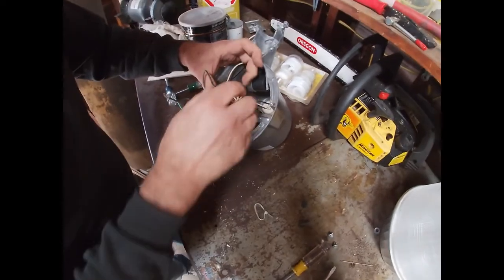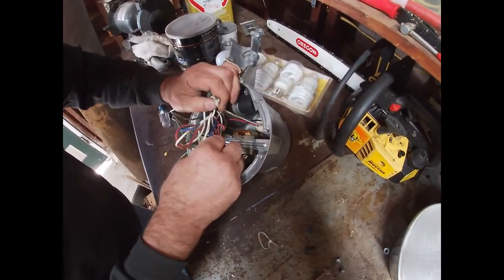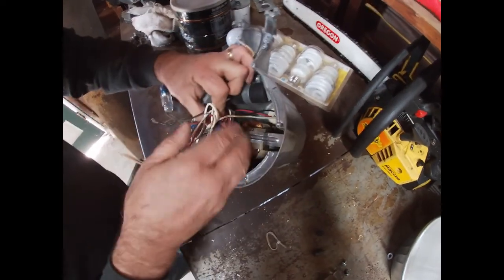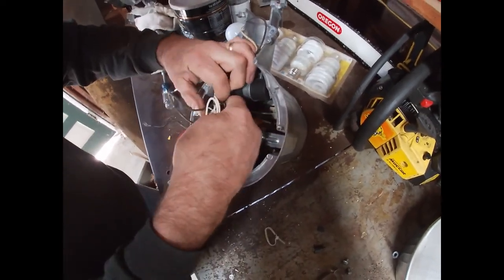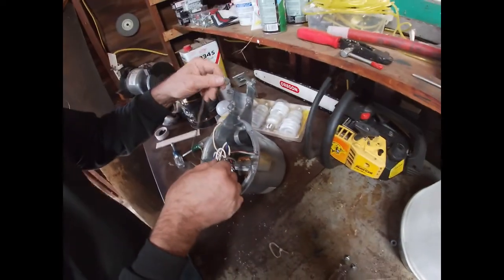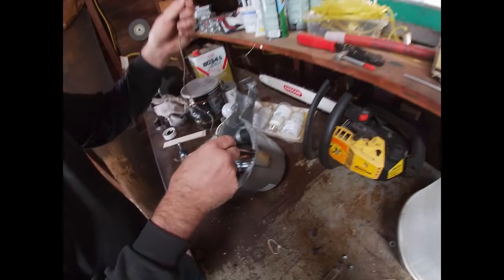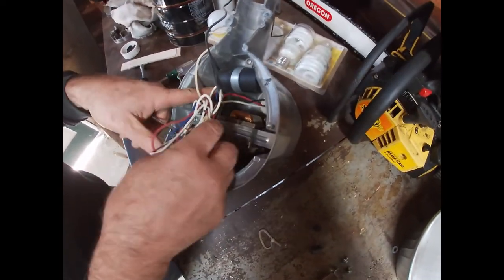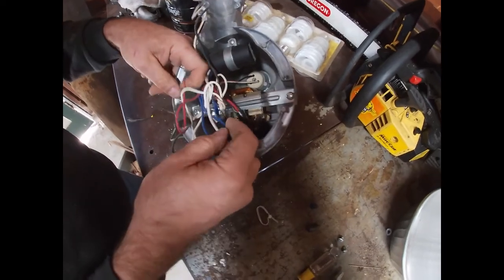All right. The white from the light sensor comes up and goes to the commons. The black from the light sensor goes to the power coming in. So this is the 110, or the line voltage coming in. That goes straight to that. And then the red should come down and make its way back